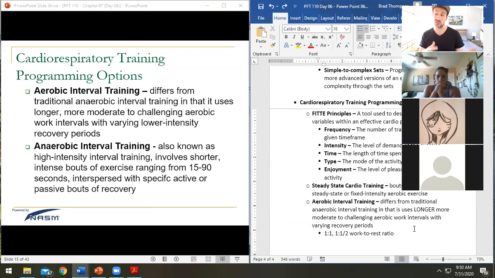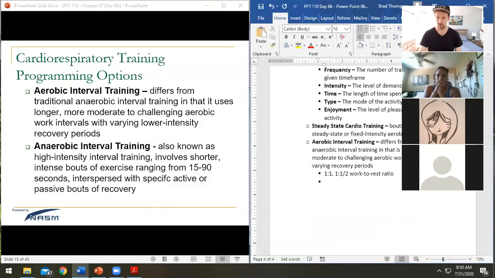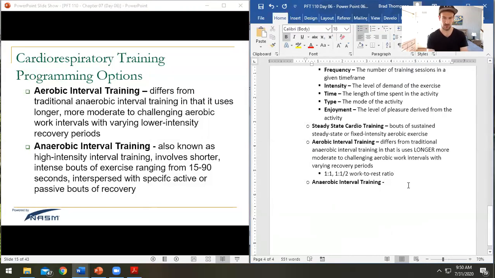The more rest you take, the harder you can work. And the harder you can work, the more likely you're targeting your anaerobic system, right? So anaerobic interval training, more commonly referred to as HIIT training or high intensity interval training,